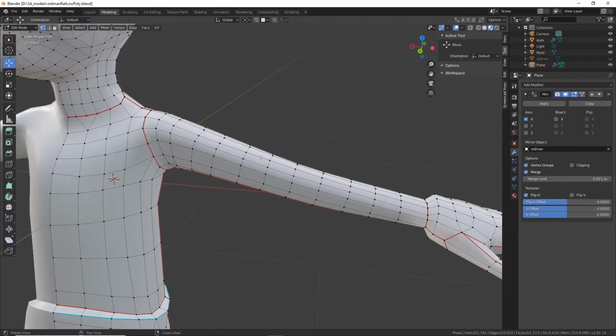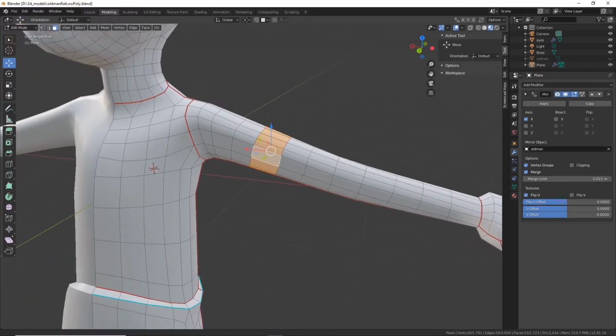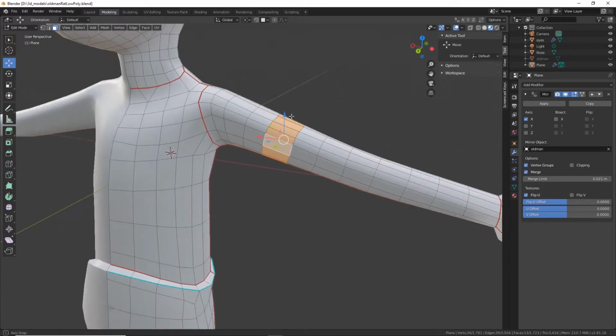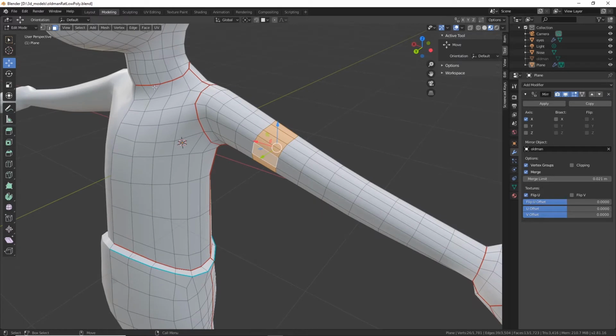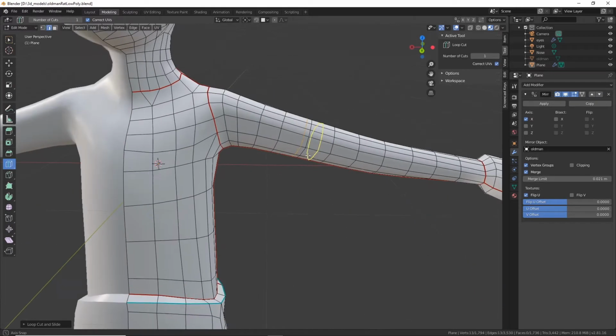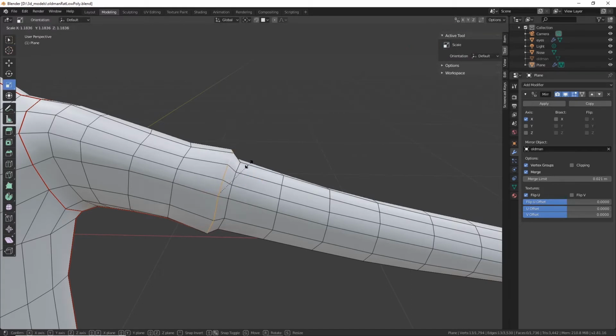So what I can do is a couple of things. I could select by face and do this edge loop thing where I can just extrude a cuff here, and that's probably what I'm going to do. I could also just insert an edge loop like right here and do the exact same thing, just flare it out. So I can do that as well. That way I don't add an extra line here. So I can just take that, hit R, scale it up a little bit,